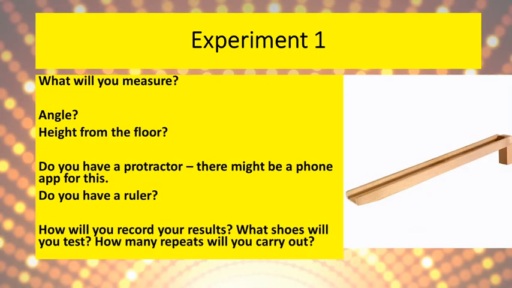Okay, so here we have an example of a ramp. You could use a plank of wood for this. Think about the texture on that plank of wood. So it might be a smooth surface. It could be, if you don't have a bit of wood, a large book. Obviously, you need to make sure your shoes are clean. You have permission from your grown-ups to use it, but this is just a plank to help me explain this experiment. So if I get my pen out,